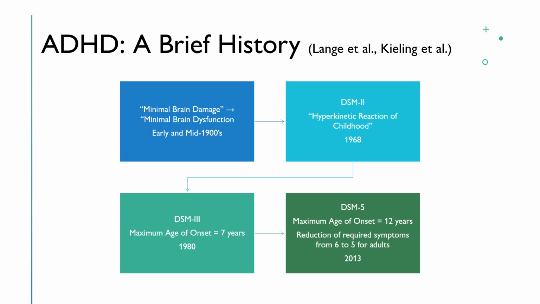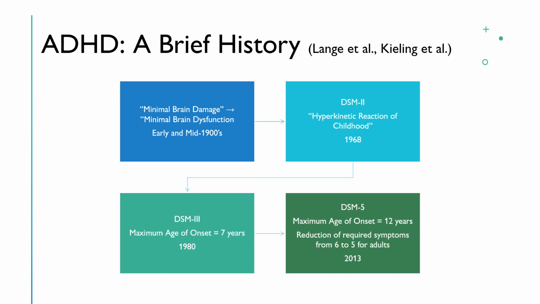And again, I don't have it up here on the flow chart, but in 1994, the DSM-4 came and reintroduced the idea of subtypes. So it reintroduced the subtypes that we think of today as predominantly inattentive, predominantly hyperactive, or combined type. It was also the first that really accredited the diagnosis of ADHD in adulthood because it included examples of workplace difficulties in the depiction of symptoms.